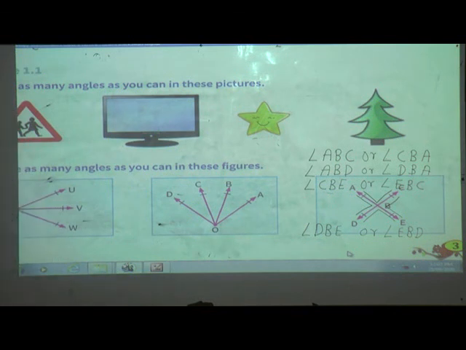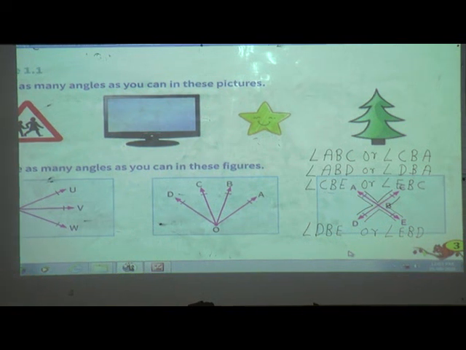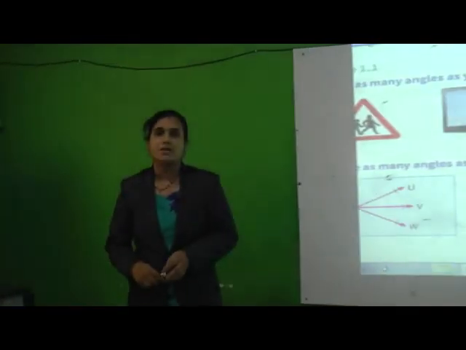Then we will see the measure of an angle in our next period. So what did we study today? We have studied point, line, length and ray. Again you have studied angles also, and in angles we have studied vertex, arms and the sign of an angle. In the next period we will study the measure of an angle. So students, stay at your home and be safe.